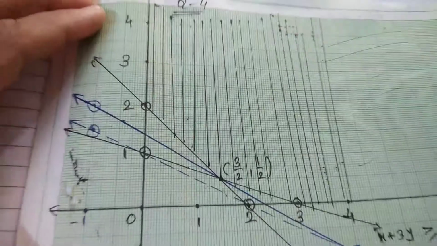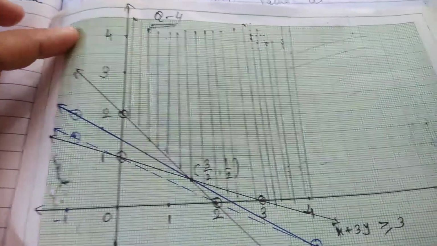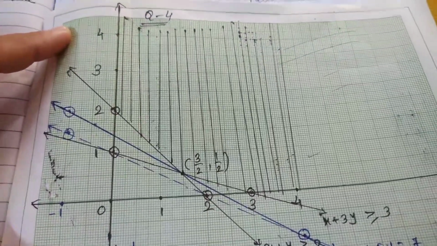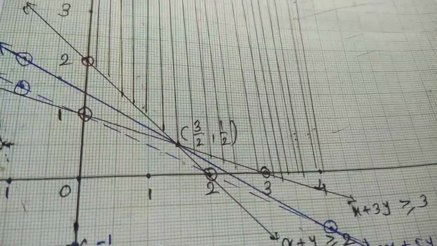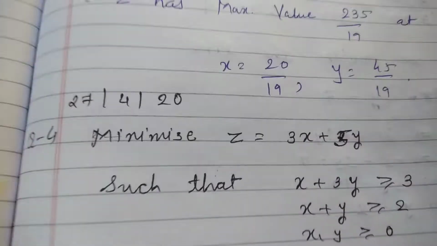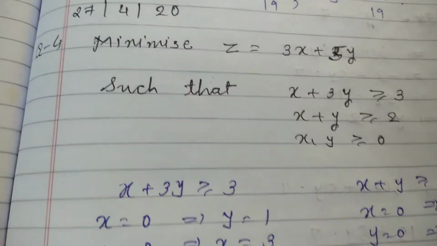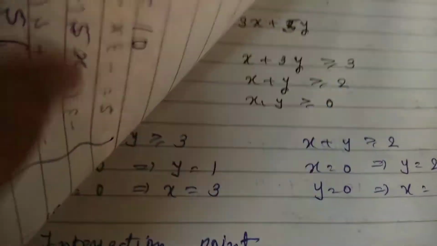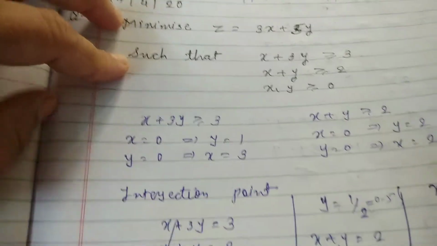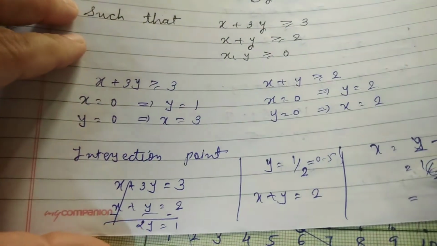Again student, I am just repeating this one. So this is the graph. Whenever you want to note or solve the question, you can solve it. Question number 4, the graph, and let me see the solution briefly. Here in question number 4, the solution of these two constraints, that is the conditions, then the intersection point. I hope you understood now how to find all this. Then the solution.